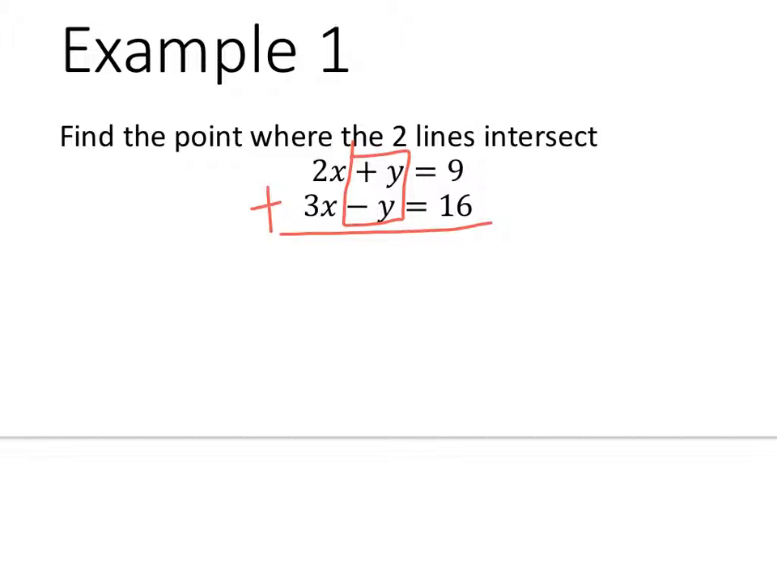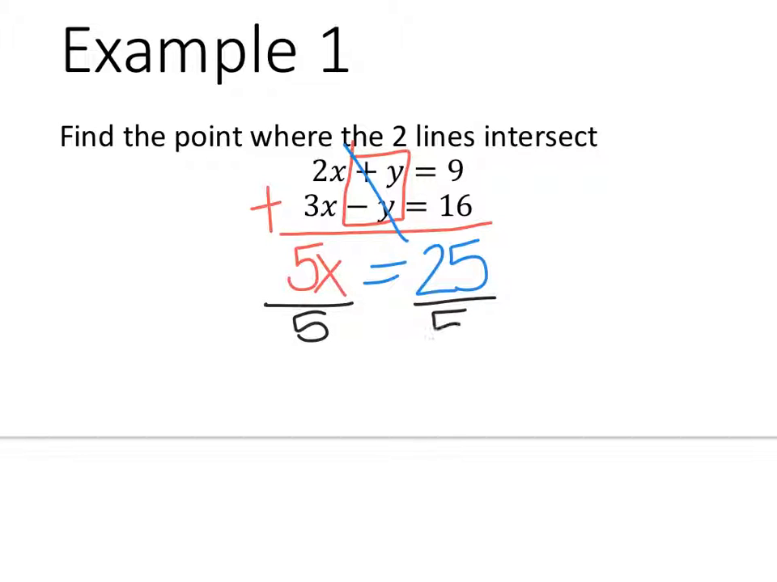So 2x plus 3x is 5x. Like we've already discussed, positive y plus negative y will cancel out to 0, which means I just need to bring down this equal sign and then 9 plus 16, which is 25. From here, as you can tell, I have a simple one-step equation. To solve for x, I need to divide by 5 to get x by itself, and I'm left with x